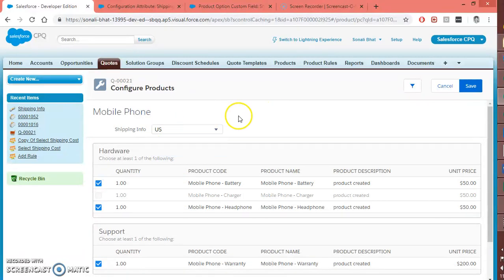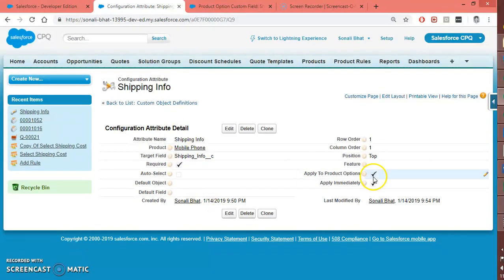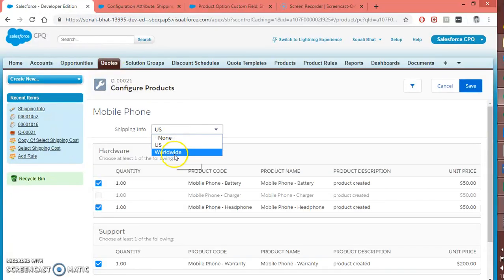So let's see. As I mentioned earlier, I have already marked apply immediately, so I do not need to select the value, click on save, and then wait for it to perform the operation. It happens immediately as soon as I select this value.